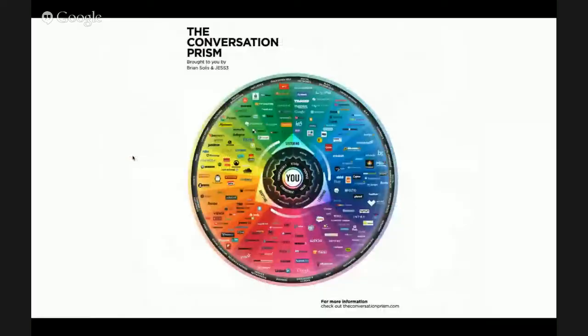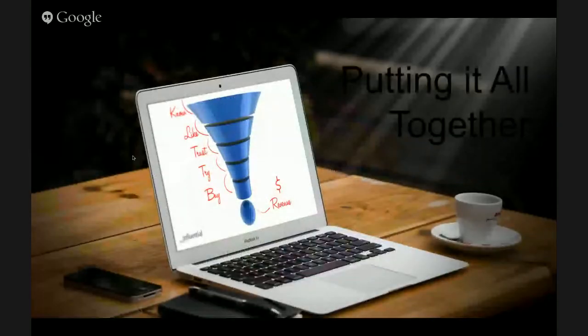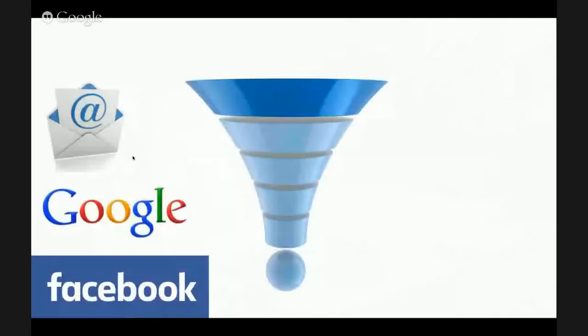I'll just fly through this because we've covered this in detail in the past. So let's look at how we're going to put all this together. Effectively, we're looking at ways to drive traffic into the top of a sales funnel, and the main three sources that we're going to be using are email, search engines, and social media. And I've represented them here with their most common representatives, which are Google and Facebook. And Facebook's what we're concentrating on today, so that's very handy.